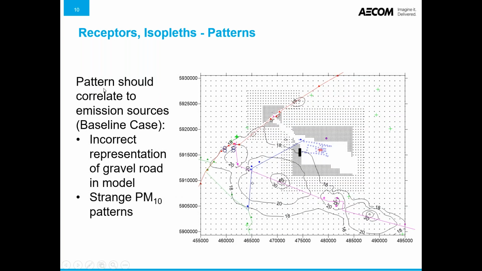Pattern should correlate to emission sources and should be correct. In this case, I have to admit I did this project when I made some mistakes, and you could see this bull's eye for the dust modeled on the gravel road. A gravel road is a huge emission source of dust, but in this case a long section of the road was modeled, and all these